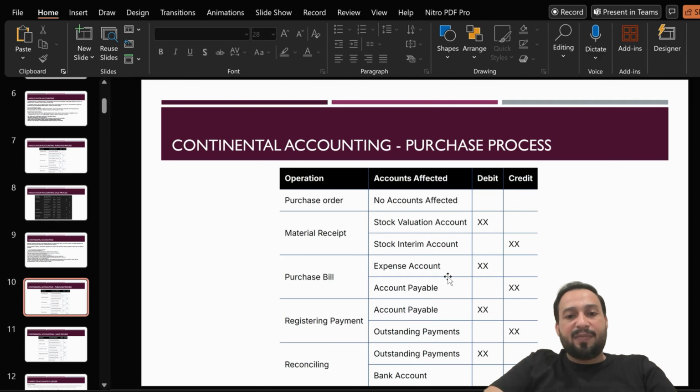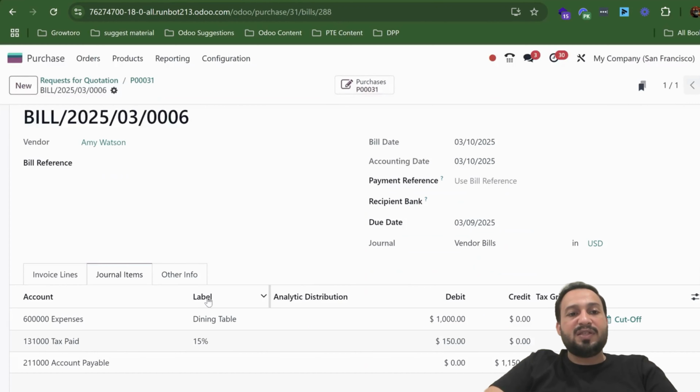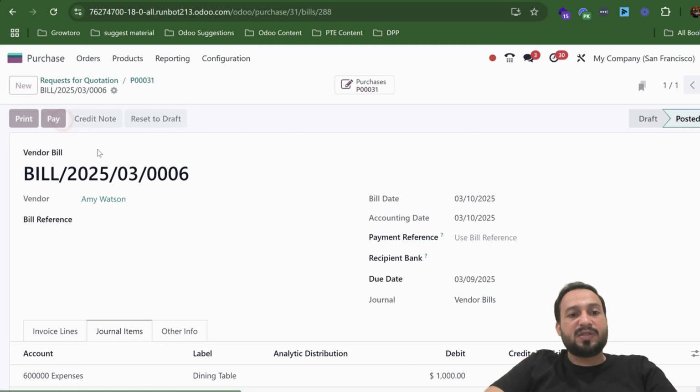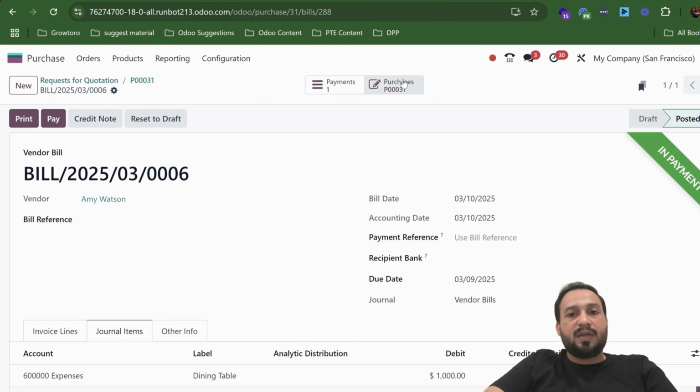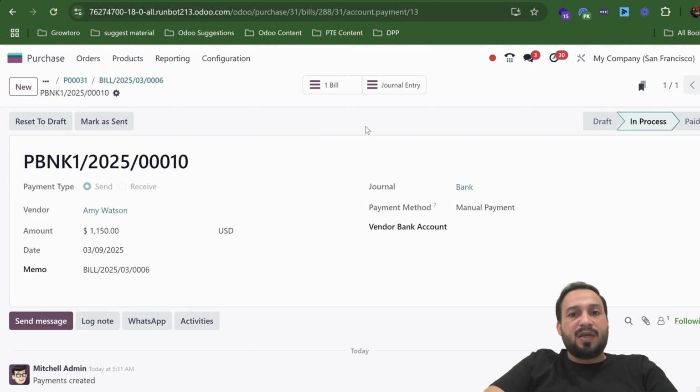Now what is the next step? Because the system registered the expense increase, the next thing is to register the payment into our system. When we click on pay, and I click on the create payment button, one payment will be generated for us. And if I click on the journal entry,